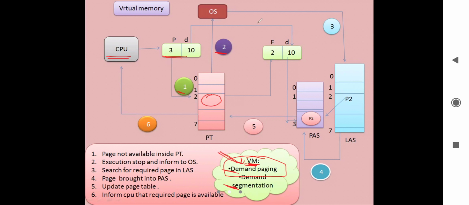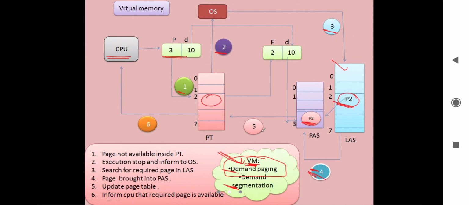Then we search for the required page inside the logical address space, which definitely contains the required page. In the fourth step, the page is brought from the logical address space to the physical address space.